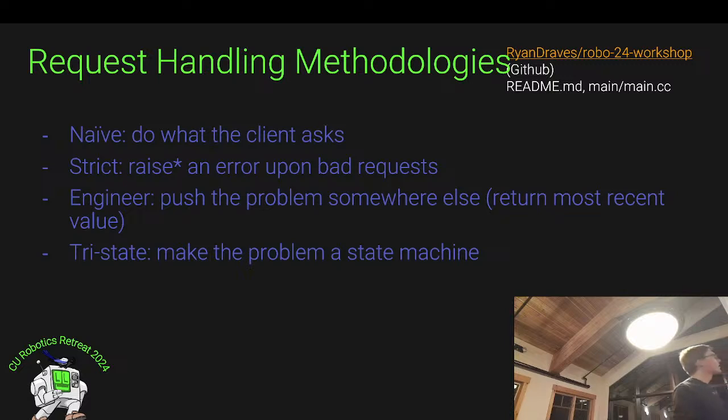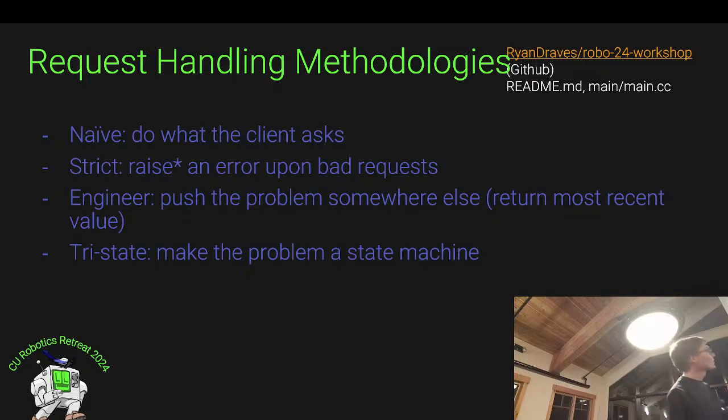If you did this on a more expensive system, let's say you had some multi-million-dollar sensor that went onto an exploration satellite, and then you said to the scientist, if you do something bad with it, we're just going to return to you fake data. They might get a little bit upset at you, and rightfully so, right? So it works in some cases, but this one is probably not the best case to do this approach.